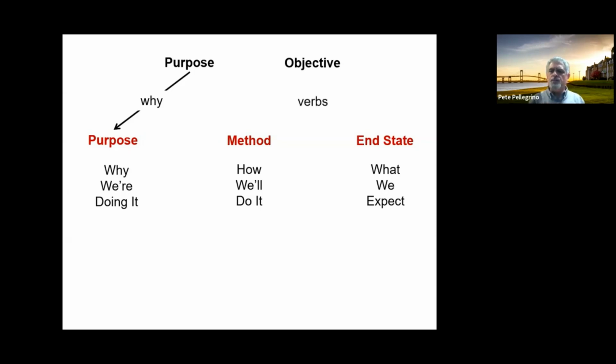Now, if you look at your objective, and your objective is verb heavy, those are action words, and I typically associate action with method: how we will do things. We'll investigate, we'll explore. How will method investigate or explore? We can get into more detail, and I'll talk about those words in a minute. Rather than thinking of the objective as the end state, because I would like to be able to know that we did what I said we were going to do.